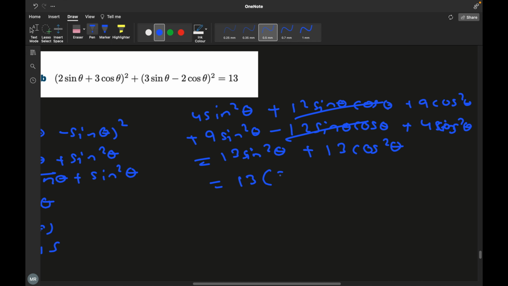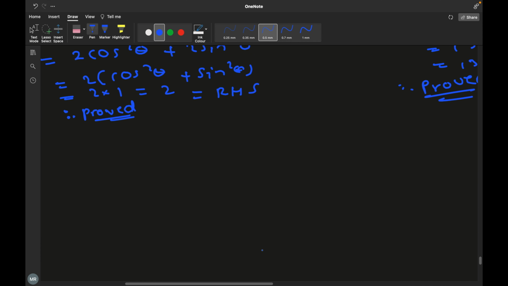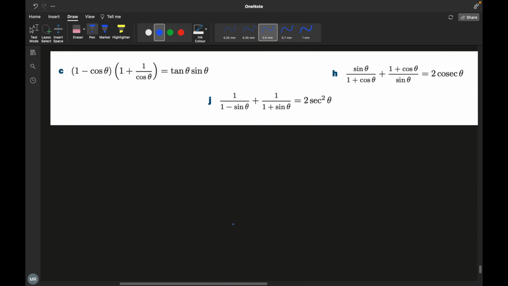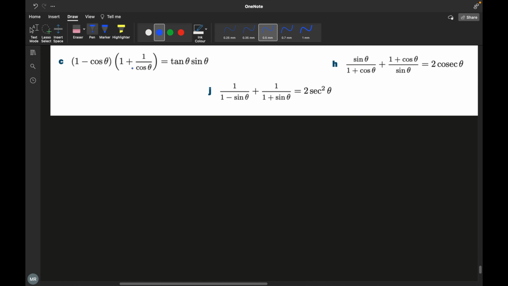Now we can factorize it into 13 into 1, therefore proved. So yeah, and now let's solve this. We have (1 minus cos theta) into (1 plus 1 by cos theta). We get 1 plus 1 by cos theta minus 1 by cos theta. These two get cancelled, and we have